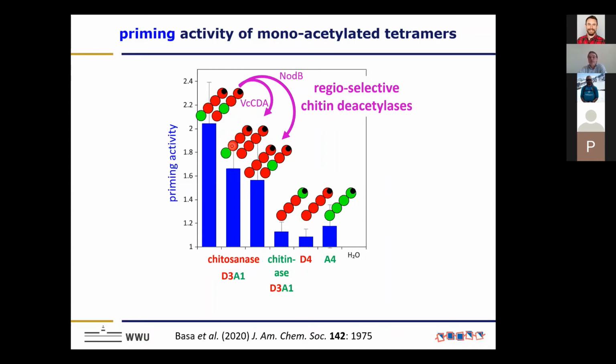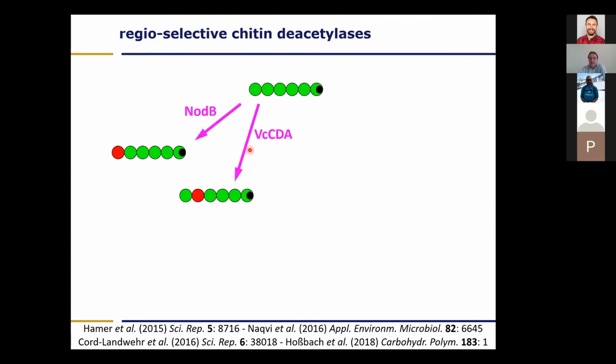But of course, we still have mixtures here, because we also have the fully deacetylated tetramer, even though we know this one by itself is inactive. Of course, it could be that there is some interaction between these two. So we wanted to have fully purified, fully defined oligomers, and this can be achieved using these regioselective chitin deacetylases, because we do not only have these two. One thing is we can combine them, so NodB can act on the product of VC-CDA, and the other way around. So we can generate oligomers which are deacetylated at both of these residues at the non-reducing end,